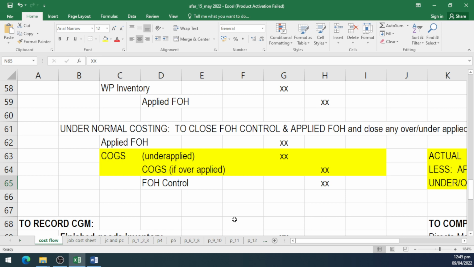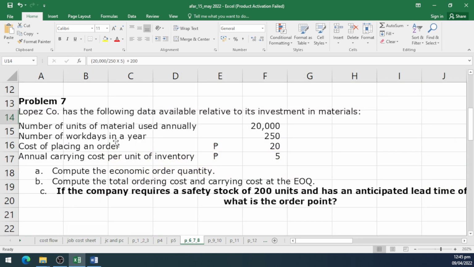Ulitin ko, pag material or significant, allocate: cost of goods sold, finished goods, work in process. Pag immaterial, insignificant, close lang sa cost of goods sold. Debit applied factory overhead. Debit cost of goods sold kung under-applied. Credit naman ang cost of goods sold kung over-applied. Then close the factory overhead control. Okay, we proceed to